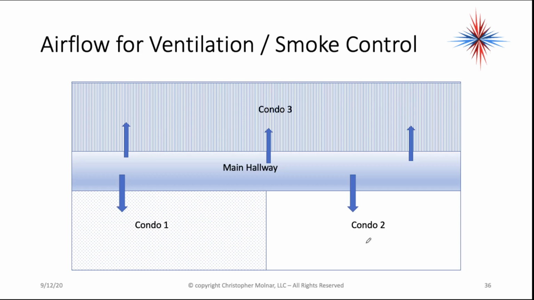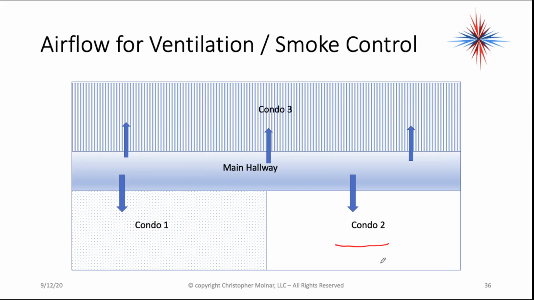So the air pressure in the main hallway is going to be slightly higher than in the individual units on each side. If there's a fire in, let's say, condo 2, we want to keep the fire and the smoke in that unit. We don't want it to spread into the hallway. So the way that these buildings are designed is that the main hallway has a slightly higher air pressure than the units. The fresh air comes into the main hallway from outside, and then because of exhaust and other